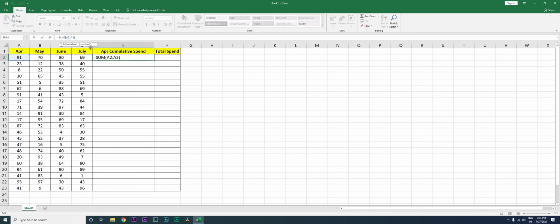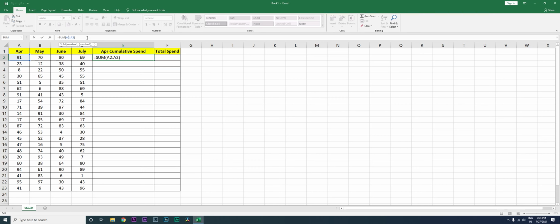A dollar sign basically means that you are creating an absolute value, which means, in layman terms, that you're freezing that particular cell. You don't want that value to change, right? So here we have value A2. A is the column we are referring to, and 2 is the row number. There are two values here, right? One is the column and the second is the row.